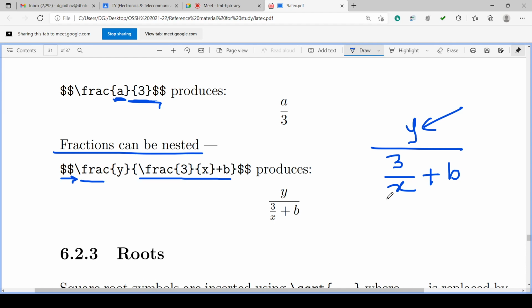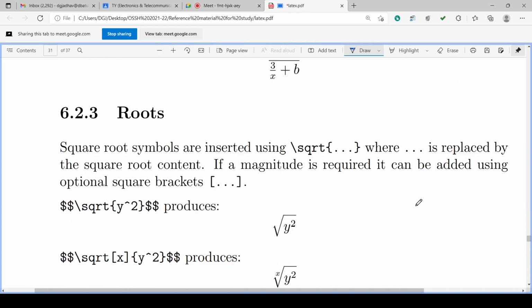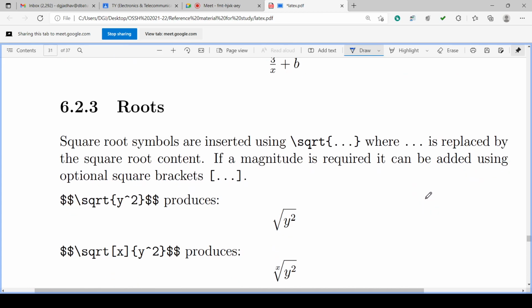Similarly, we can go for roots. The square root symbol is inserted using backslash sqrt, and whatever is under the square root is written in curly brackets. Nth roots are also possible.